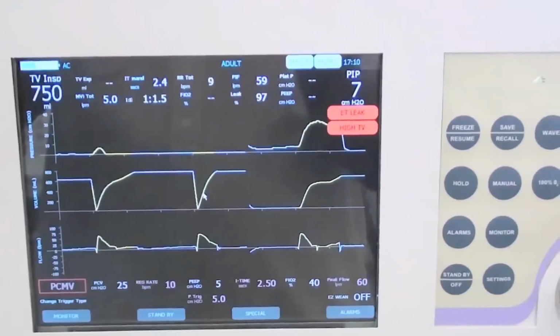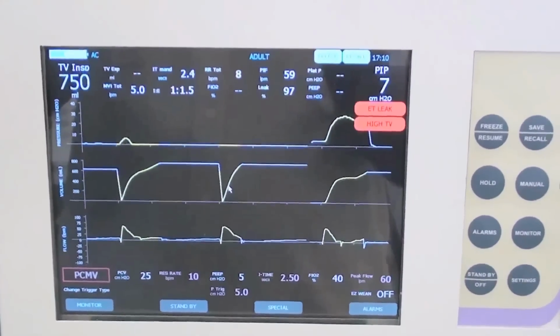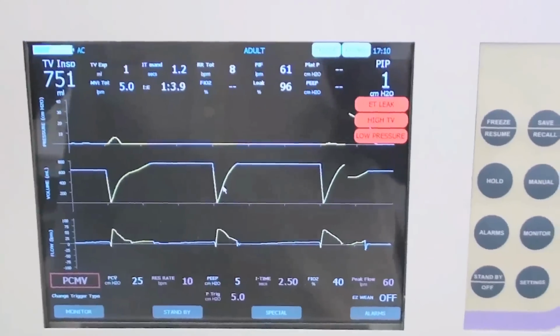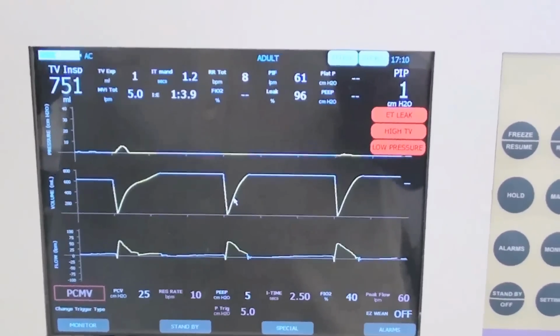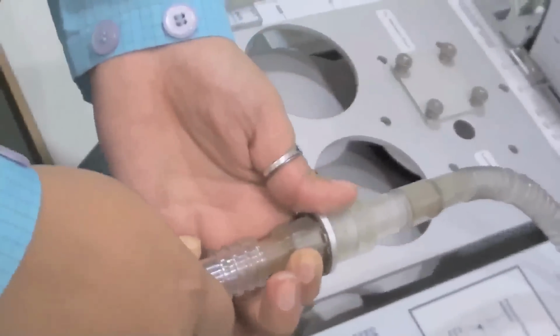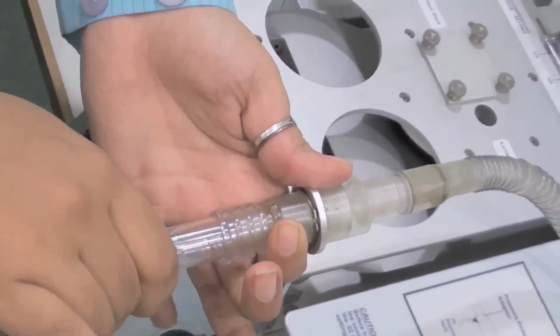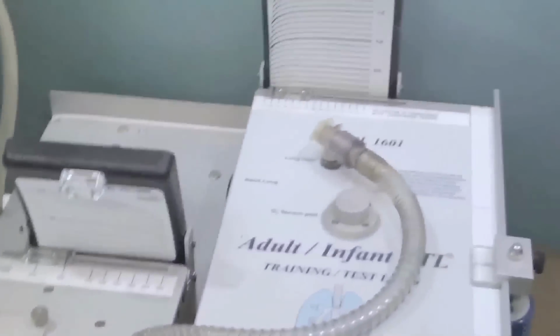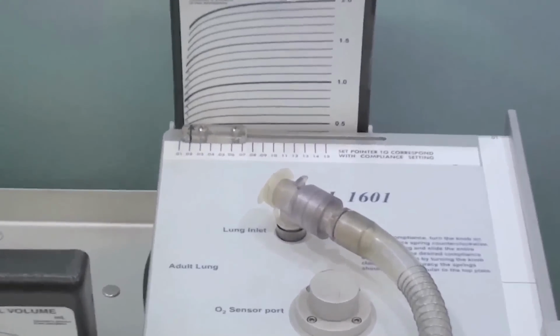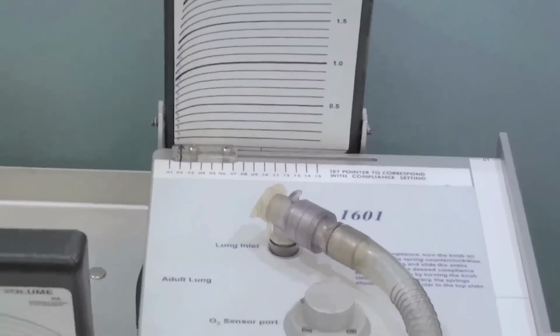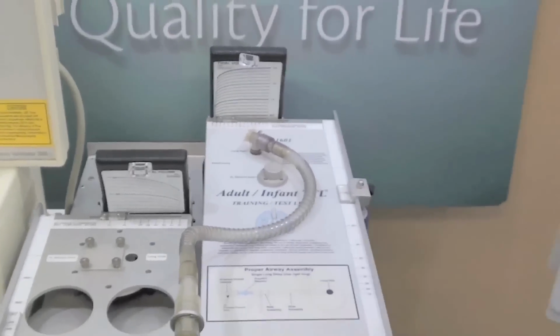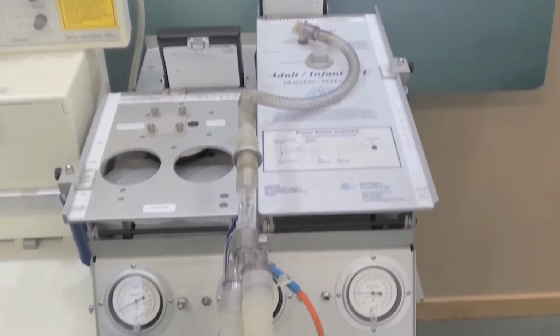On the ventilator, we see there is a higher inspiratory tidal volume of around 750 ml and no exhale tidal volume. Very usefully, you also see an ET tube leak alarm. This correctly points you to the probable site of the problem. Once we reconnect and the integrity of the circuit is established, you can see that the alarm disappears and the two tidal volumes come to more normal values.